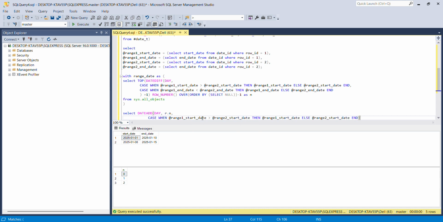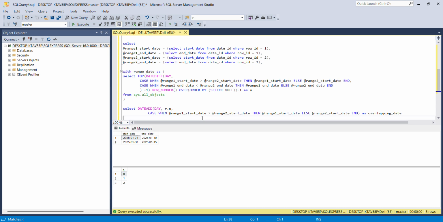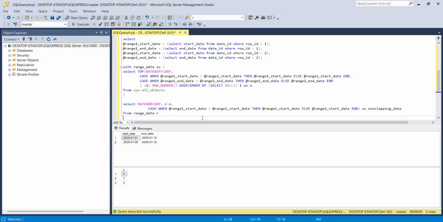Okay, I have closed here and give a name as overlapping date. Okay, sorry, my bad. I have already used this one. Now, what we need to achieve? Now we have to give the where condition. Where date add interval in days, how many times? So it should be